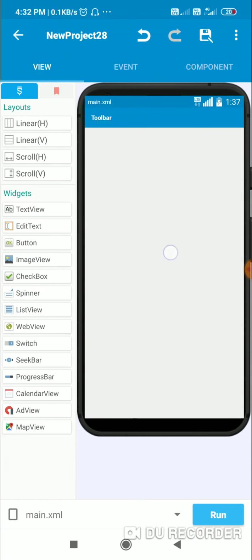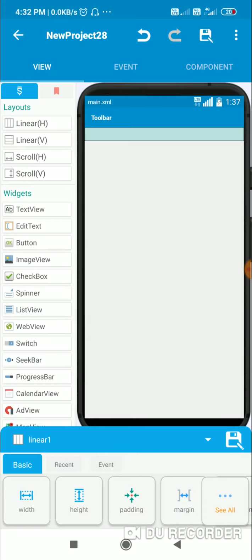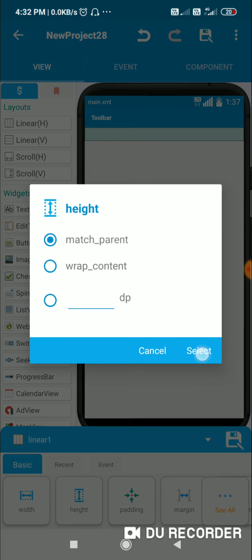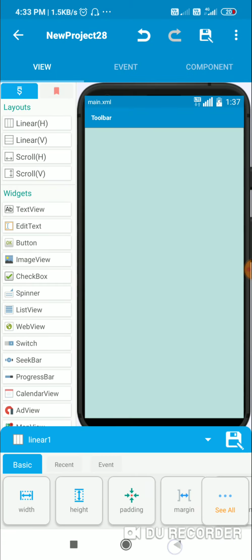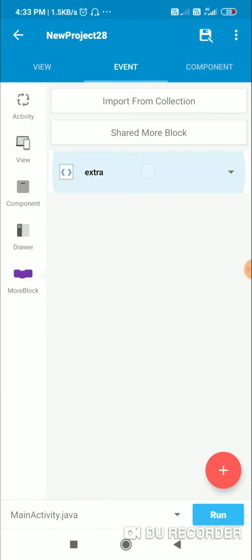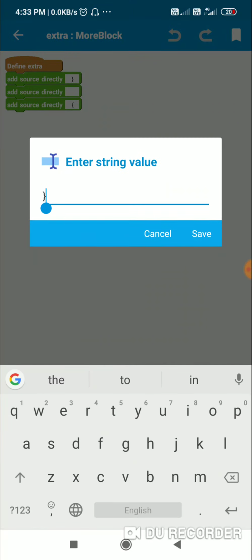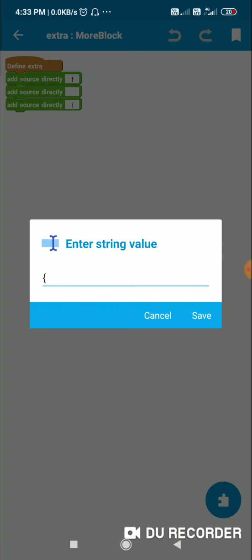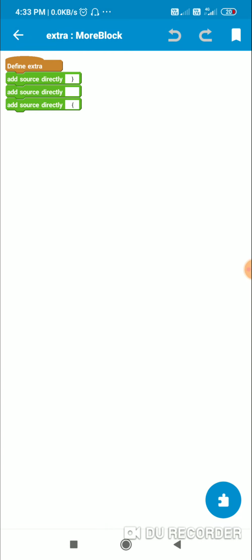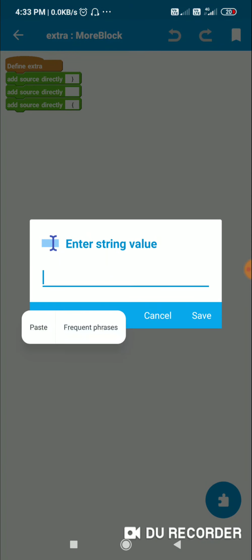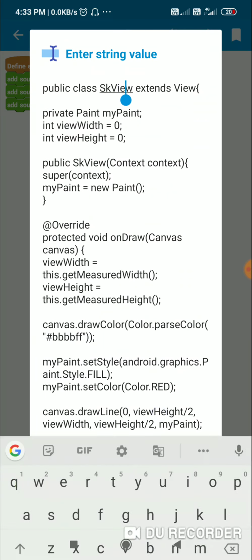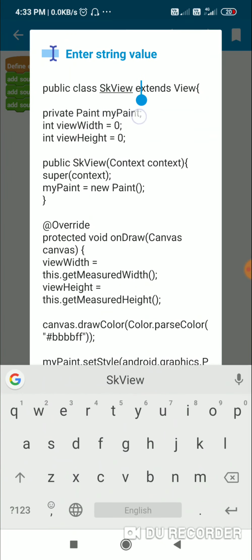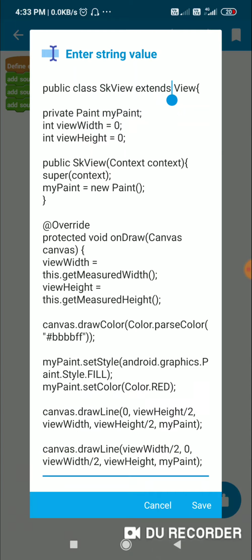To display it in Sketchware, I will add a linear. This is linear1, and I will set its height to match parent, and I will set its padding to 0. Now in a more block extra, I create a closing curly bracket in the beginning and an opening curly bracket in the end, and in between I use this code. So this will define a class called skView, which is a view.